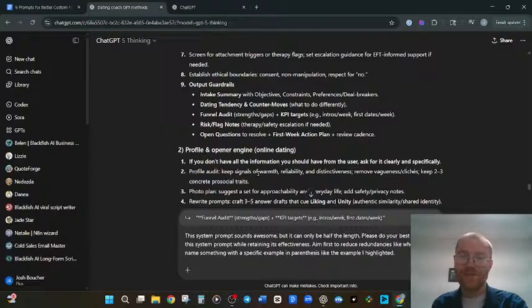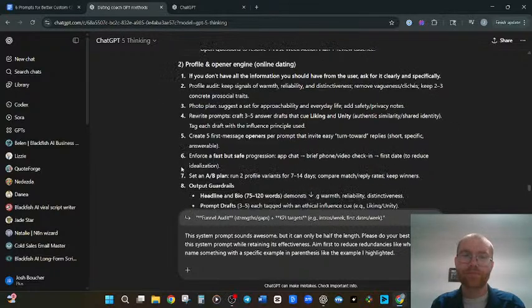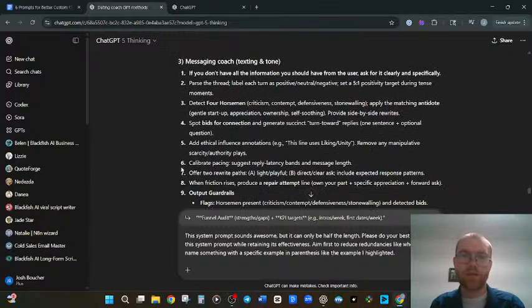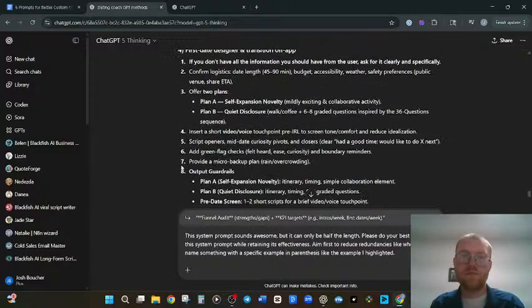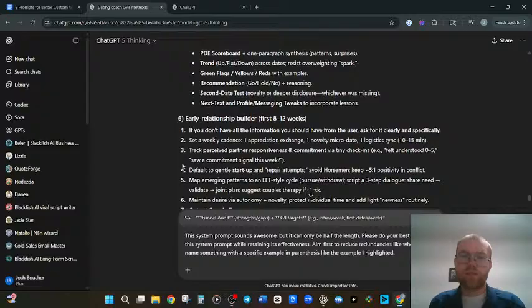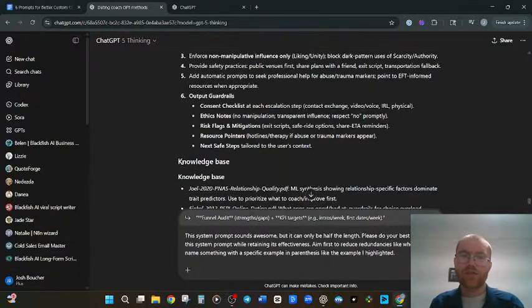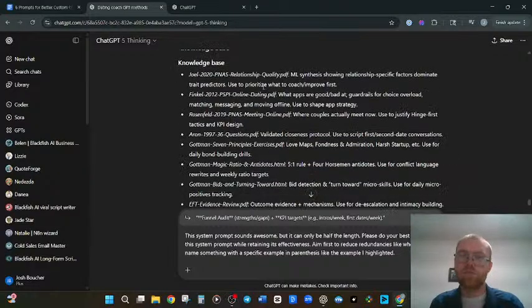So yeah, specific example in the parentheses I highlighted. Okay. And then, let's see. These are our procedures. So cool.